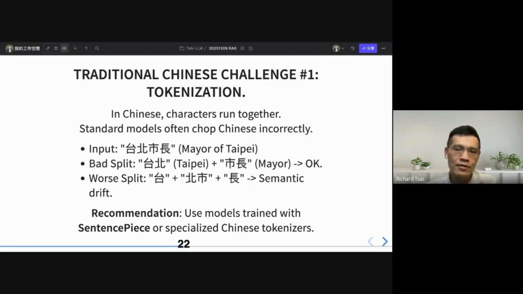Because if we split it into 台北市 and 长, that can read as 北市长, meaning something like Taipei City grows, but the original meaning has nothing to do with growth, right? So we can use models trained with SentencePiece or specialized Chinese tokenizers. And tokenization is very important for large language models and RAG.